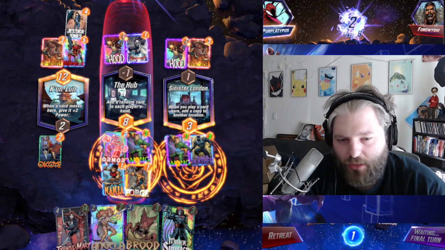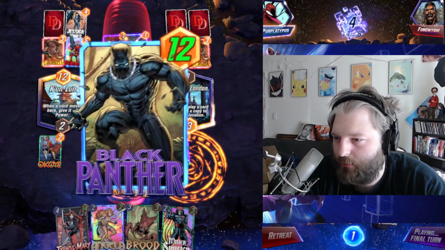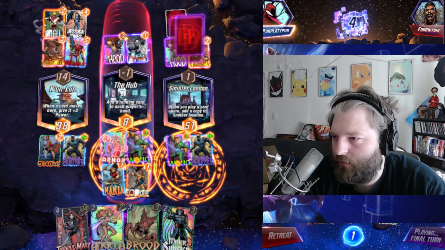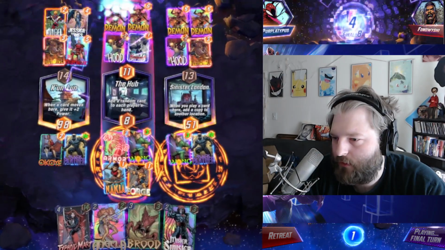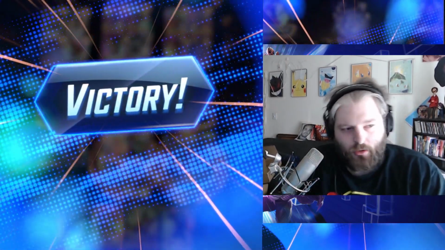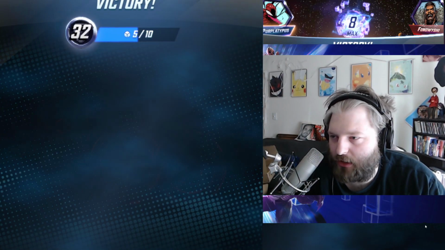Pretty good. Looks like Black Panther has a cool ability. I've seen a lot of folks using them with Arnim Zola. Yeah, Arnim Zola kind of makes them busted, it feels like, actually. Way stronger than I was expecting. He's Arnim Zola. The fact that he goes to a different lane and then he activates his ability again means